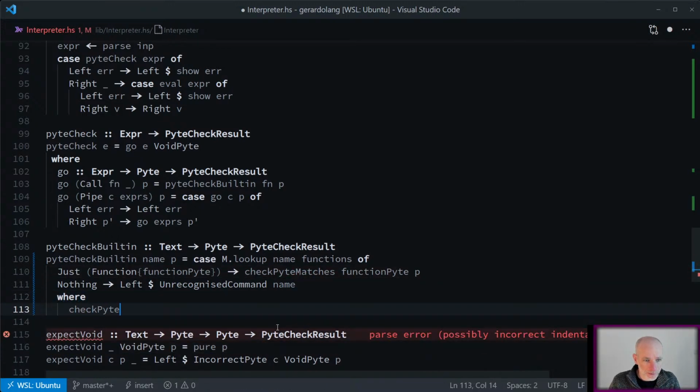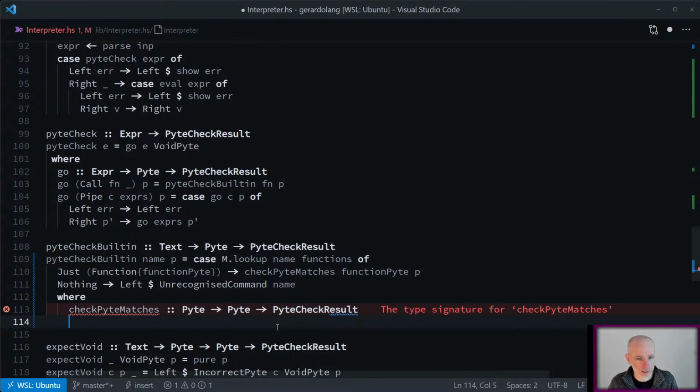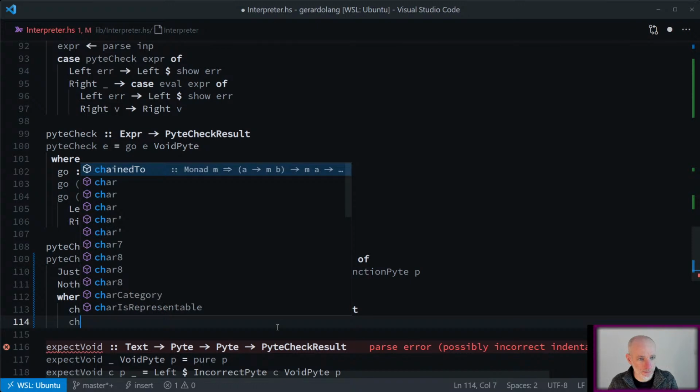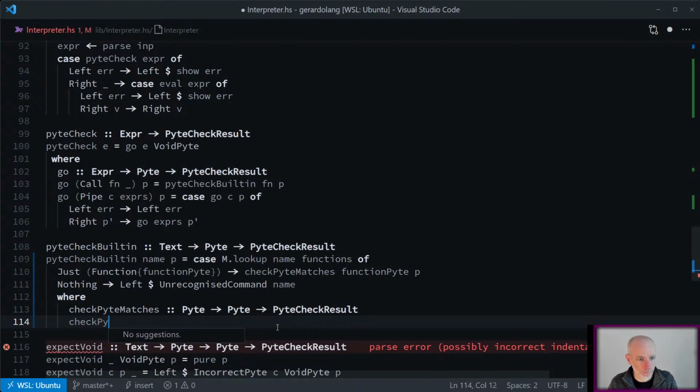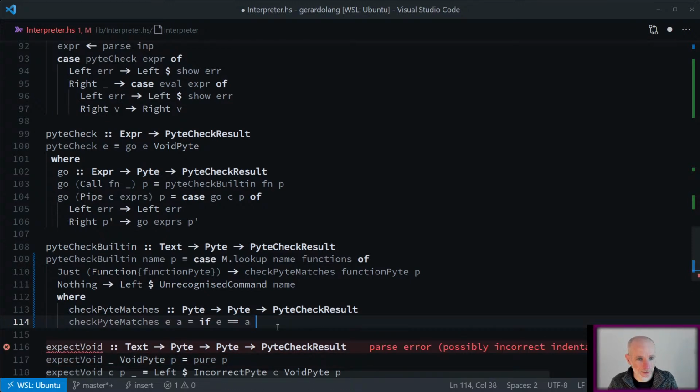So definition of check pipe matches. This is going to have to go from pipe to pipe to pipe check result. And we can say, oh, thought it filled in for me. Probably because I got errors in my file. So check pipe matches of expected and actual is: if expected equal to actual, then we're good. So then this is pure P or pure expected. It doesn't matter because it should be the same. Else